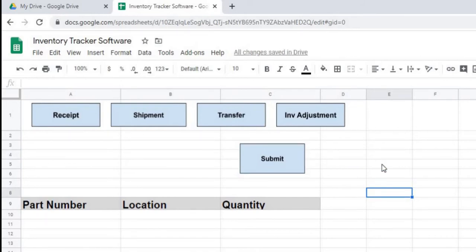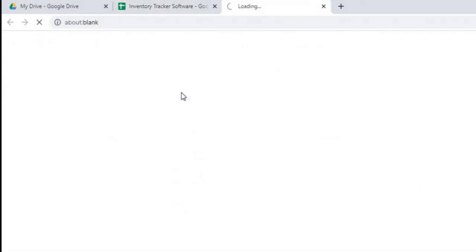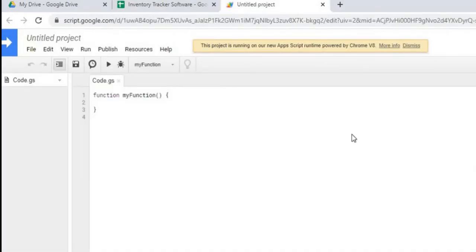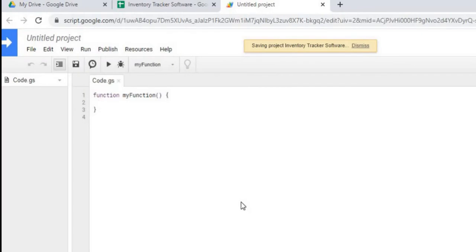Now next we're going to go to Tools, and then we're going to go to Script Editor. We're going to add the code behind the screen. So, alright, the first thing I'm going to do is give my project a name here. I'm going to call it the same thing as my sheet. Hit OK, and then I'm going to copy in all the script code,